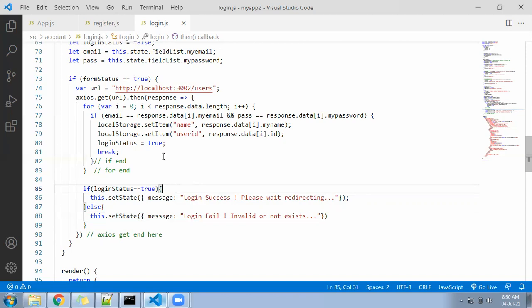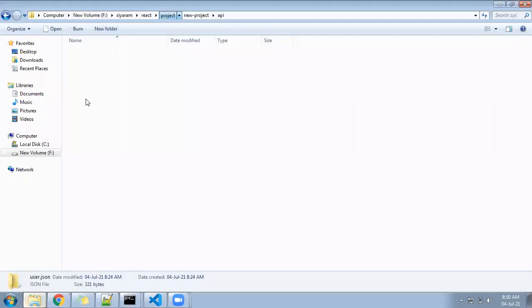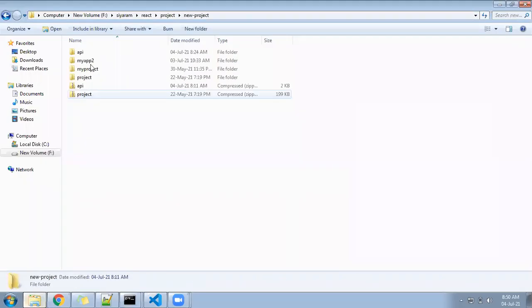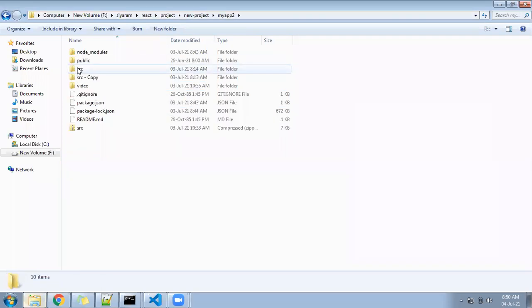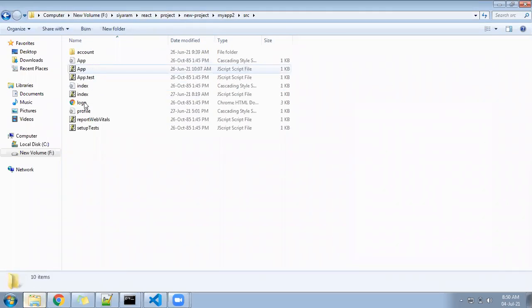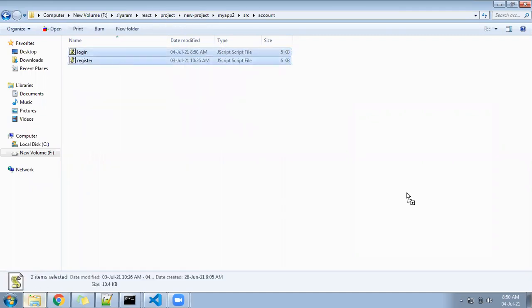Wait, I'll send the entire login page. The entire login.js file, I'll send in the chat. So at the entry point, you should not have a blockage. Here is your login file and register file, both go on to chat.